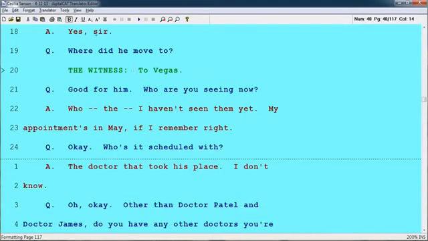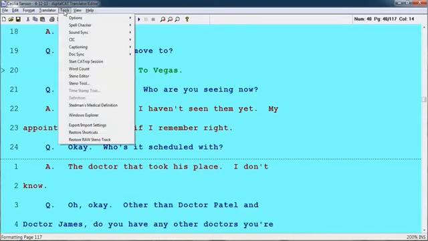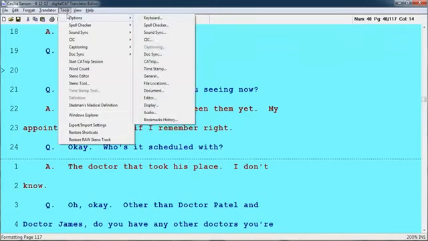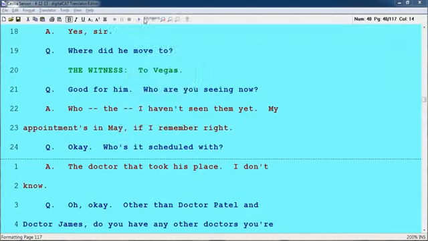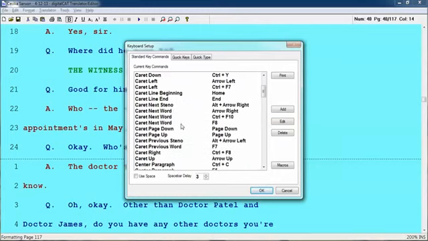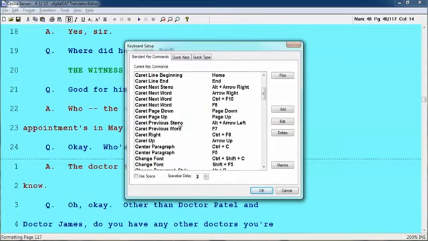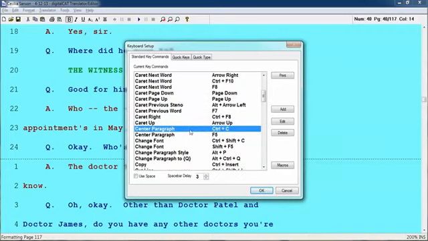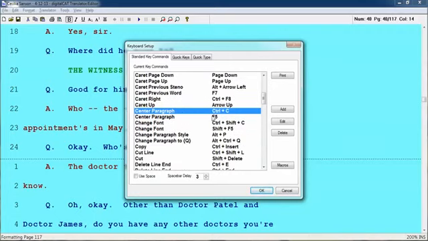There are tons and tons of quick keys in Digitalcat, and that's what I really wanted to show you. You go to Tools, Options, Keyboard, and there are standard key commands here. Like my batch spell check is Control B. You can make these things be anything you want. I have talked to several proofreaders that do not use quick keys. I cannot imagine that they don't. But you can do Alt C or Control C to center a paragraph,